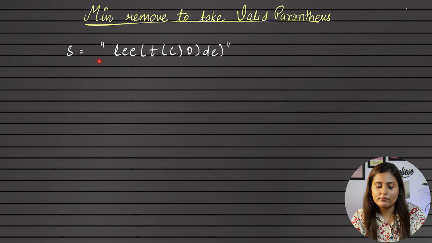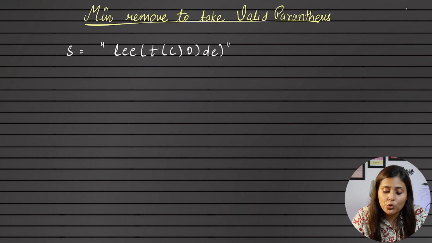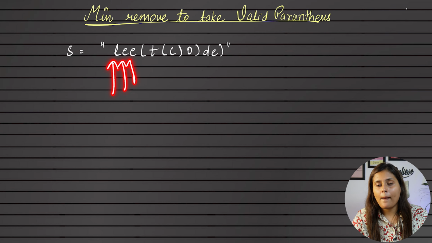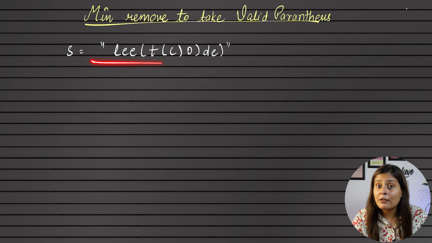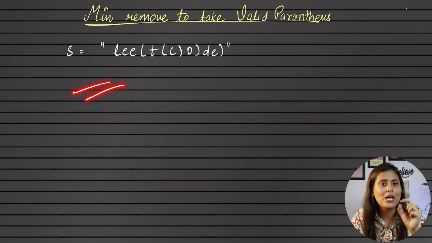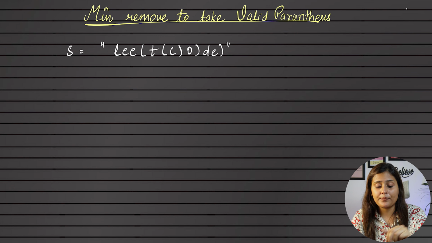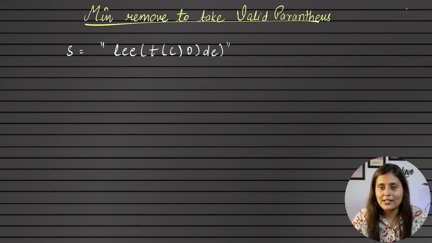As you can see the string here. As a new programmer also, if you see this, what do you think? Don't you think you have nothing to do with the characters for sure? Means the characters are valid. If you match the input and output, every character is as it is. Means we have to play with these brackets only.